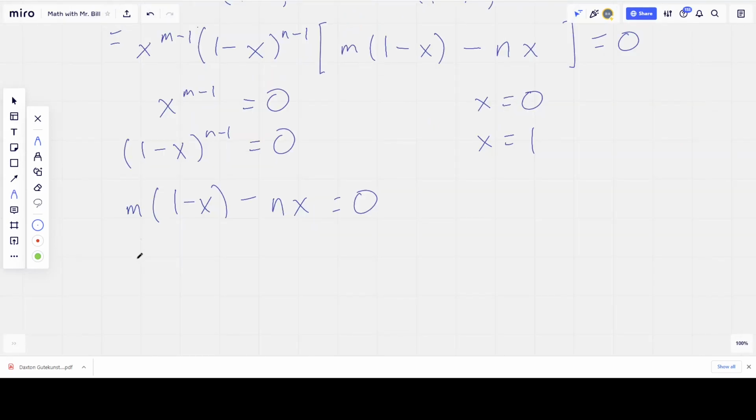Now for this last one here, I'm going to go ahead and distribute the m into this binomial. So I get m minus mx minus nx equals 0. So I need to solve this for x. So I'm going to move the two x terms over so that they become positive. So I get m is equal to mx plus nx. And then I'm going to take out an x, divide out the x. So I get m plus n times x. And then the last